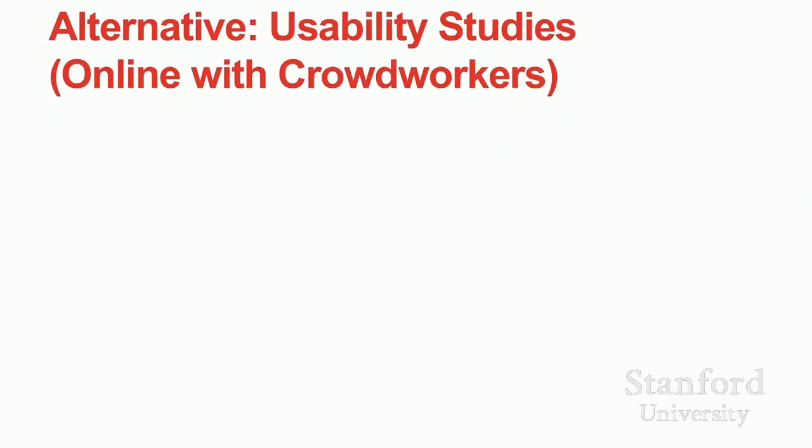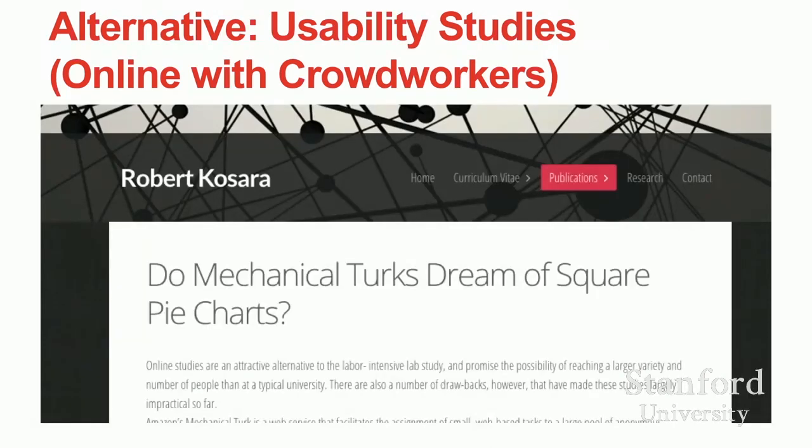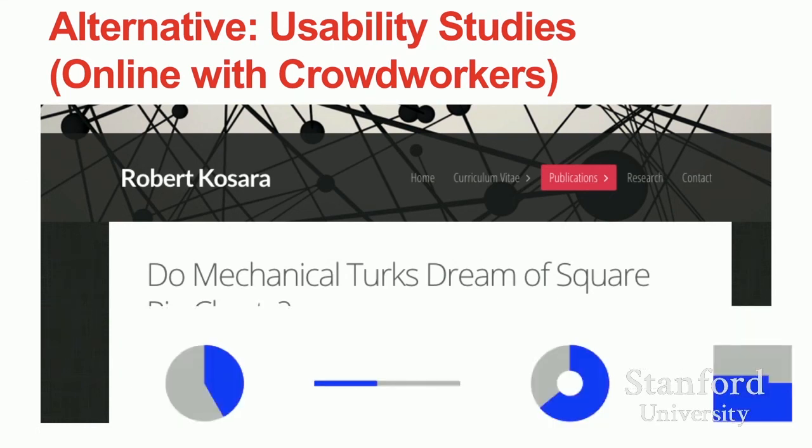So there's also been work on using crowdsourcers to do usability tests. So we have this nice paper, Do Mechanical Turk Workers Prefer Squarified Treemaps over Pie Charts, where they did this. So there's been work also by Heer and his co-author on replicating some perception studies using crowdsourcers. And it turns out these squarified charts are better than pie charts and donut charts for looking at proportions. So that's how you can do these usability studies. All right, so